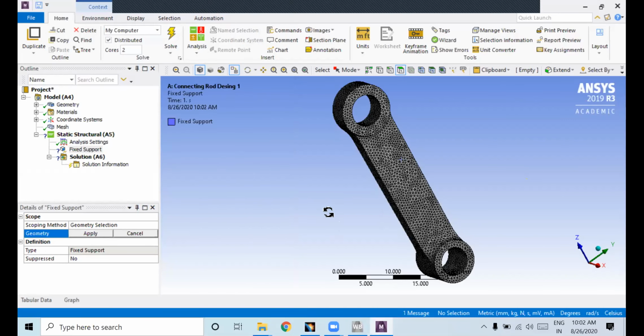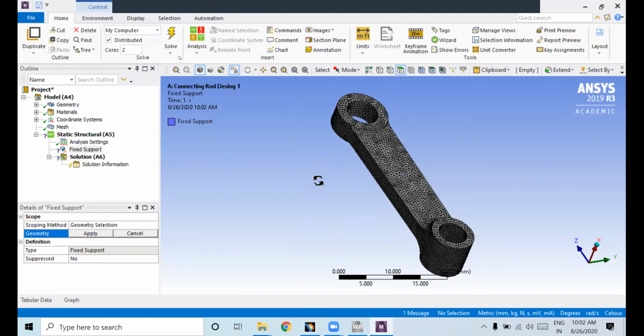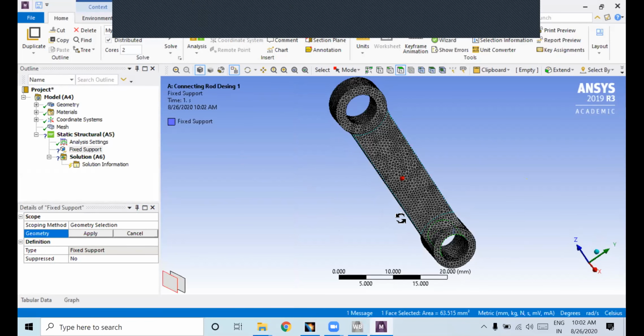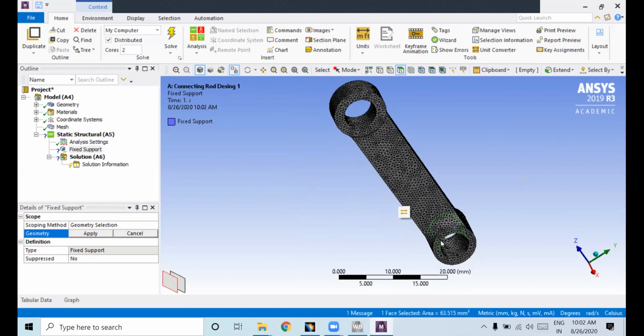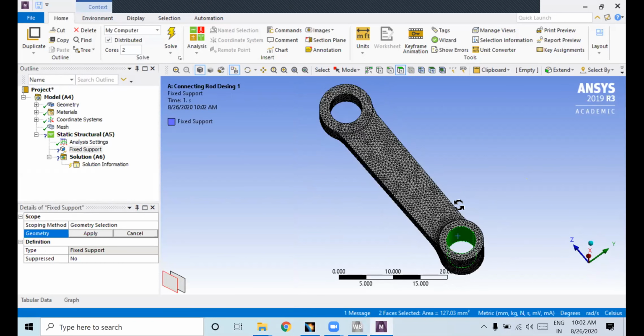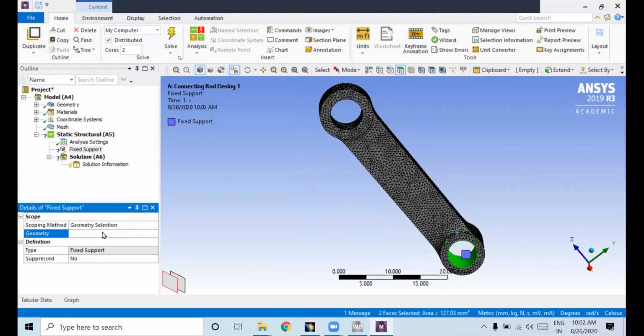So once you select the fixed support, you just select this face, see here, that is fixed, right? Or else you can select these two. So press Ctrl and select two surfaces, see here, and give apply. So once you give apply, here you will get a blue color, that means it has been fixed.